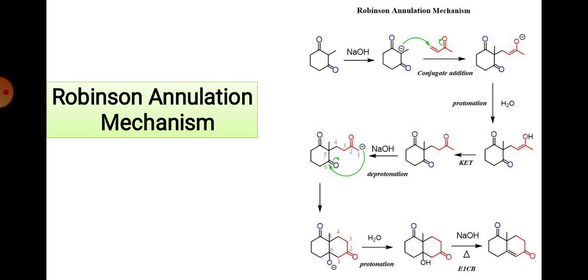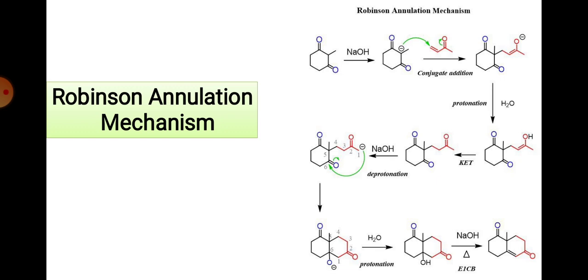So the product will have two rings now. First look at the reactant, then look at the product. Why is this reaction called annulation? Annulation means formation of a ring. So look at this one now. In the product and reactant, the double bond which is developed,